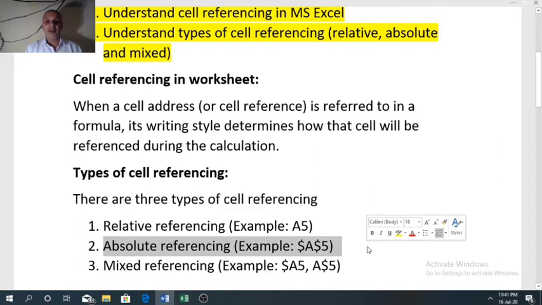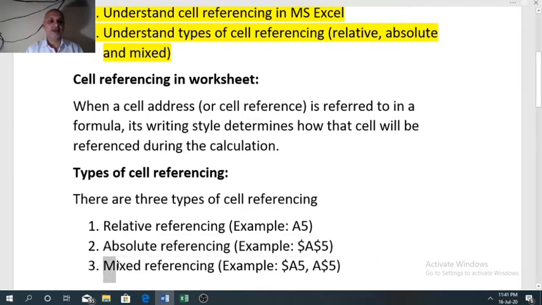Here we put a dollar sign before A and before 5. It means when we put a dollar sign before the column name and before the row number, it is referred to as absolute referencing. And the third one, mixed referencing, is a combination of relative and absolute referencing. It means between column name and row number, one of them will be relative and the other absolute.